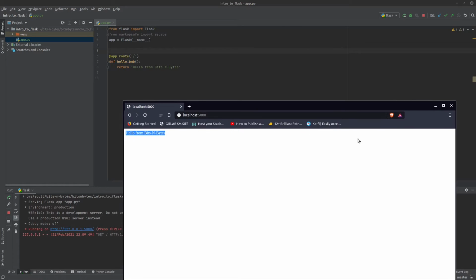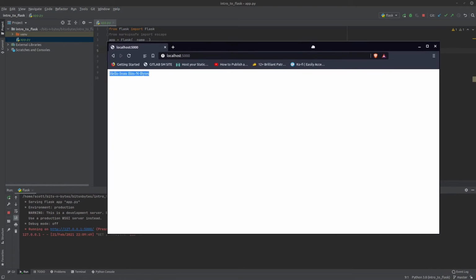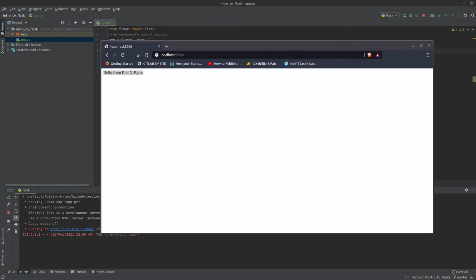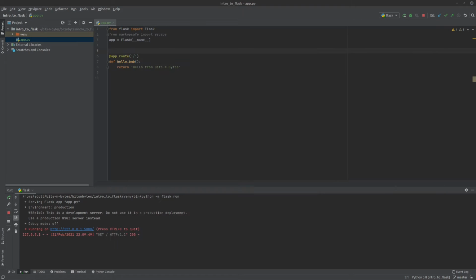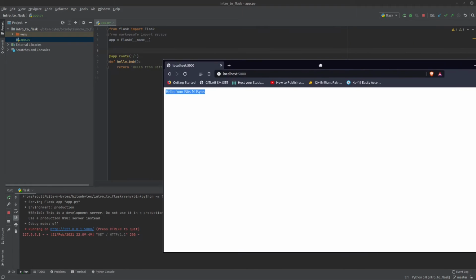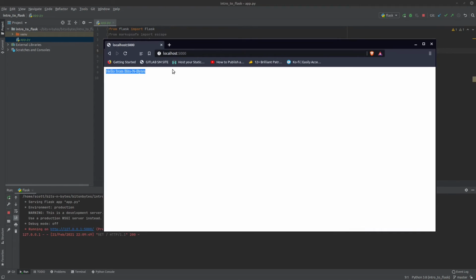And you're seeing that. Actually, I'm going to do one thing here real quick. I guess you can't do that in this browser. No, you can't. I was looking, a lot of applications have an option where if you right click on here, you can say always on top, so that when I click over here, it keeps the browser in front. But that's okay. All right, so you're going to see our results here: hello from Bits and Bytes.